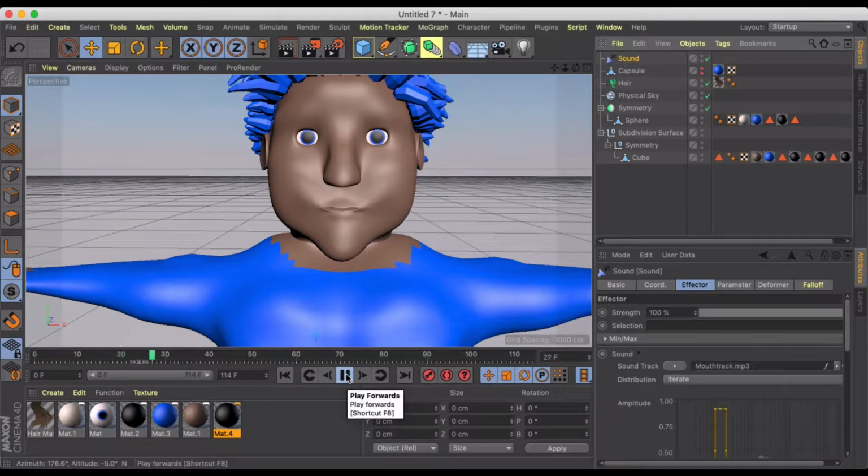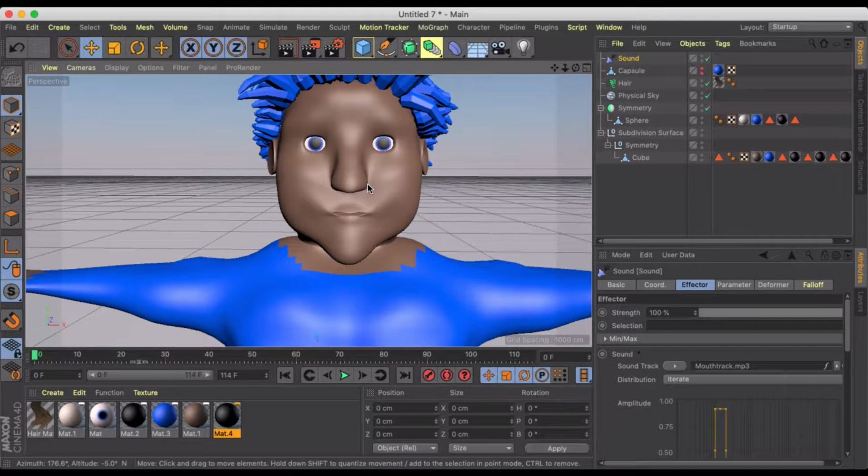Hi, this is a tutorial. Thanks for watching. So it might lag a little bit if you've got kind of a more complex model, but